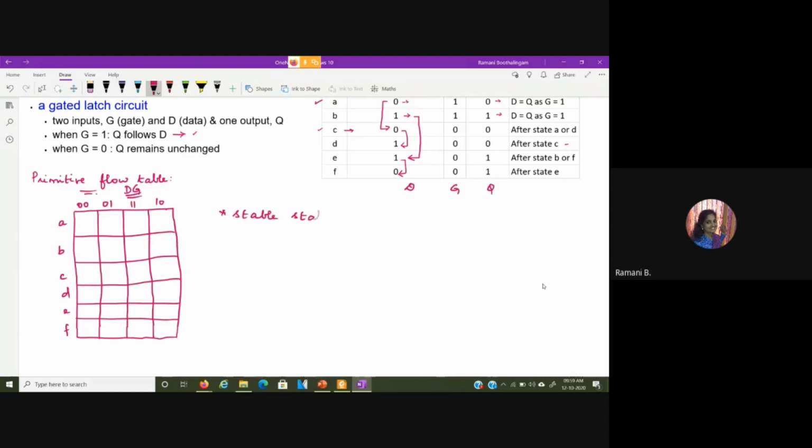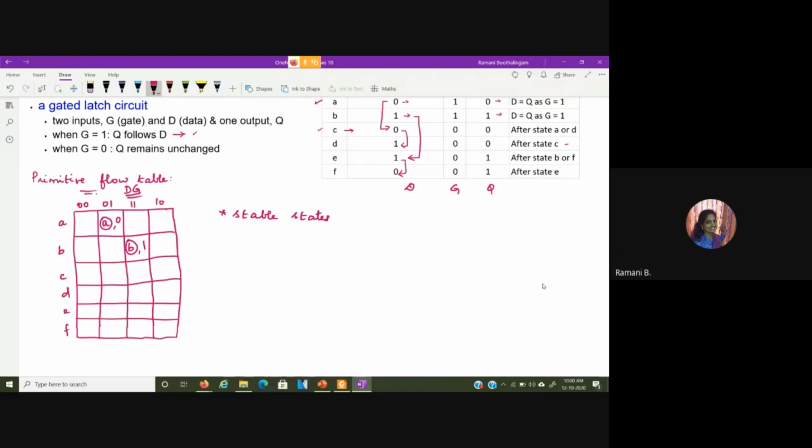So stable states are filled. Here the value is DG equal to 0, 1. So in the column 0, 1, I give the stable state A, and here the output is 0. Then for B, it is 1, 1, and the output is 1. So here B as the stable state and the output is 1.